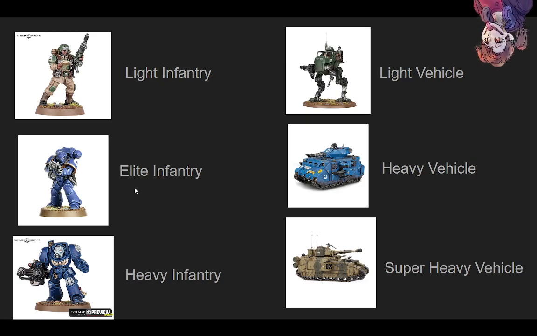For example, if you see Terminators on the other side of the field, your opponent might say, oh, Terminators are a heavy infantry unit that's good at killing elite and heavy infantry. Or if your opponent has something like Intercessors, they'll say, oh, it's an elite infantry unit that's only really good at killing light infantry. This really speeds up communication and helps you communicate more info with fewer words, because telling somebody, oh yeah, they're T4, 3-up save, 2 wounds each, and their weapons are 2 attacks each, 4 strength, 1 AP, 1 damage,